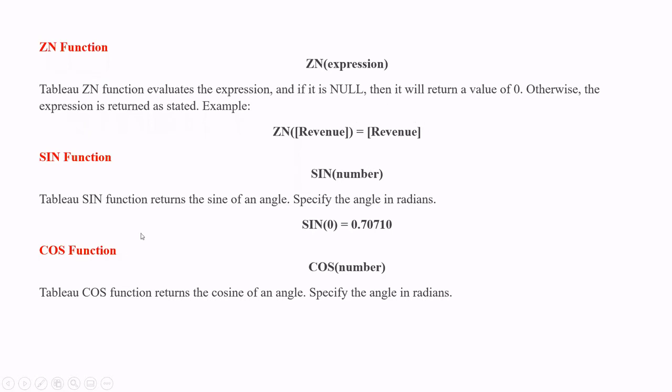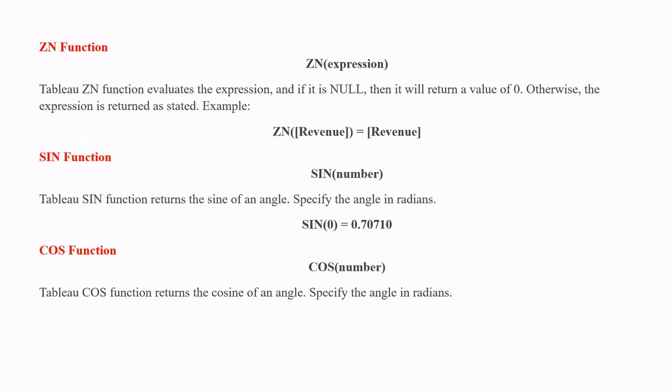So the sine function returns directly the value of sine. But the syntax is like we have to specify the angle in radians. So if you are not having the angles in radians, and you have degrees, then you can use the function radians. So inside sine we can use radians, then we can put the degree, so it will convert the angle from degrees to radians, and we can get the value of sine. As I mentioned already, these trigonometric functions we basically use to make customized visualizations.